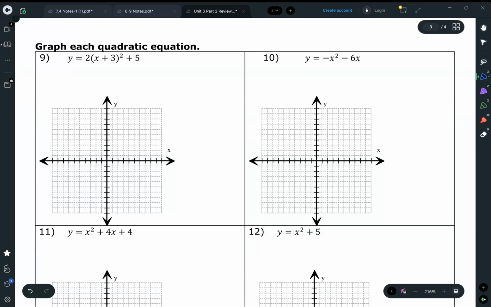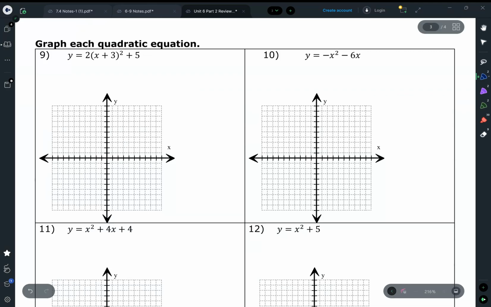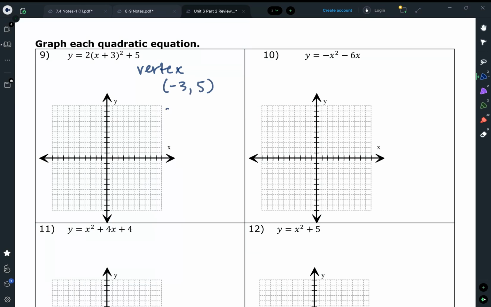Next page is graphing, and we really want to think about what is the best form for graphing. So on number 9, I can see my vertex right away. It's in vertex form. Vertex is negative 3, 5. My graphing pattern is 2 times the 1, 3, 5, 7, which means 2, 6, 10, 14. So let's go ahead and graph. So negative 3, 5, and then up 2 over 1, and then it would be up 6 over 1, but